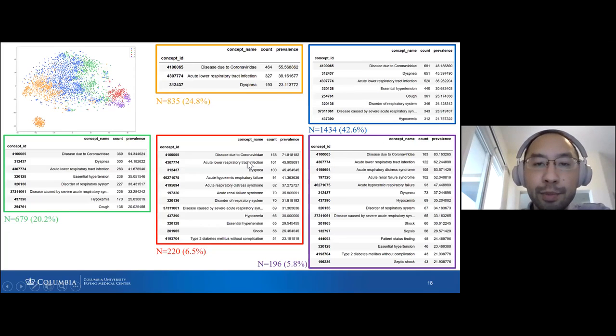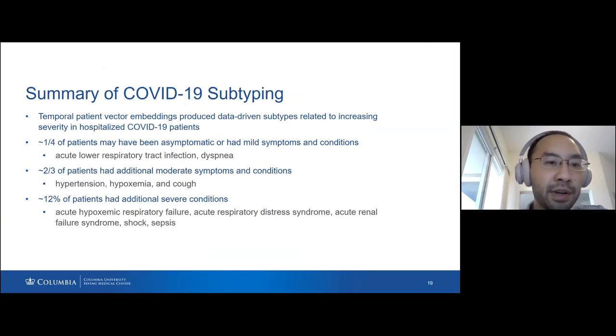The red group have more severe symptoms, and that accounts for about 6% of these patients, with approximately 40% of acute hypoxemic respiratory failure, acute respiratory distress syndrome, acute renal failure syndrome. And the purple group, again about 6% of the patients, have even higher rates, about 50% of acute respiratory distress syndrome, acute renal failure syndrome, acute hypoxemic respiratory failure. And additionally, they have about 30% of sepsis and septic shock. So in summary,